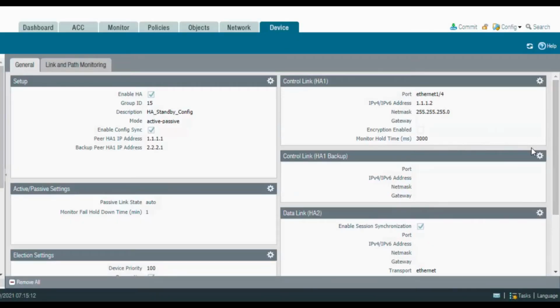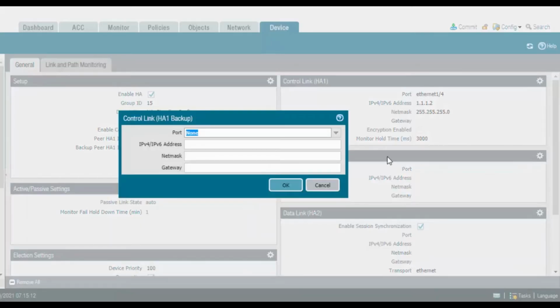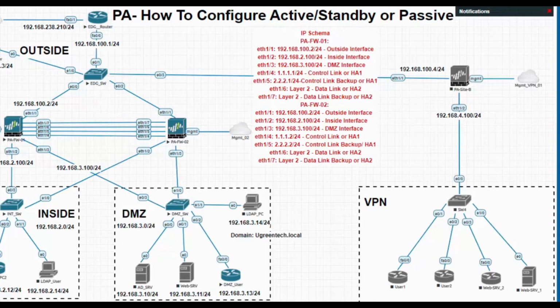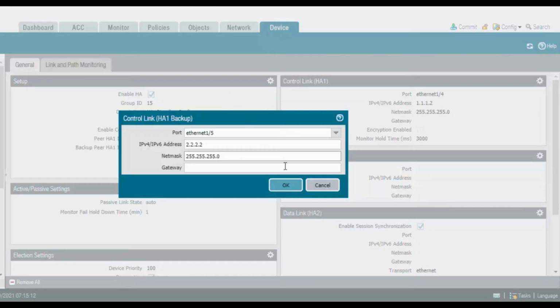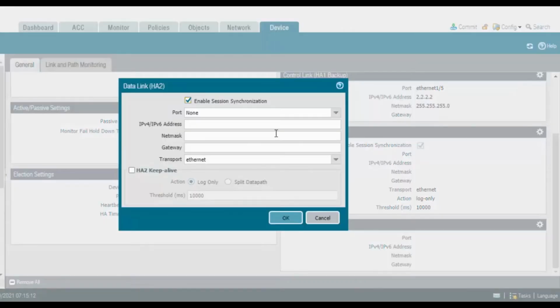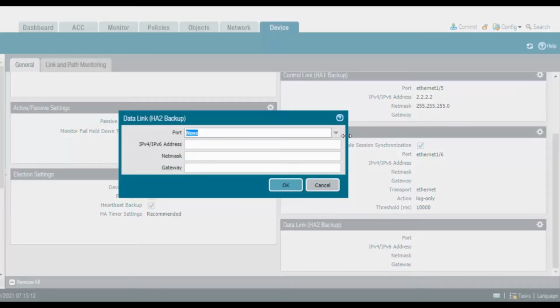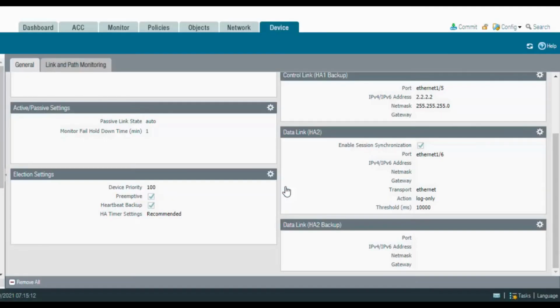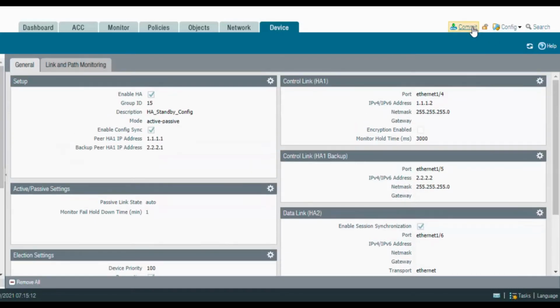Click on OK, and similarly we will configure the interface for HA1 backup, that is interface 1/5, IP address 2.2.2.2, and netmask 255.255.255.0. Click on OK. HA2 interface is 1/6. Click on OK, and HA2 backup is ethernet 1/7. Click on OK. So now we will commit the changes.